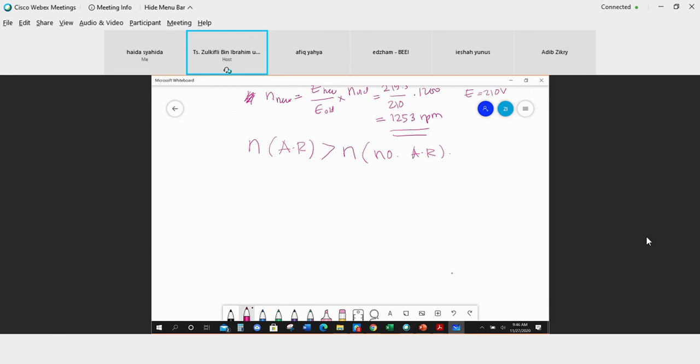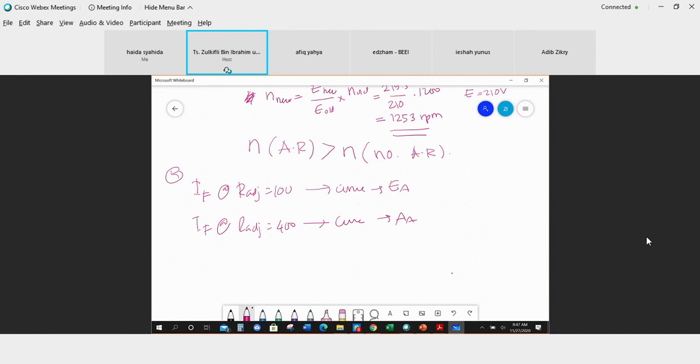So this one ni nombor berapa lah? Ini nombor 5 kan? So for question number 5, at first you find the IF when RADJ is equals to 100, and then you find the IF at RADJ is equals to 400. So from here you got the IF, then look into the curve, so you find your EA,